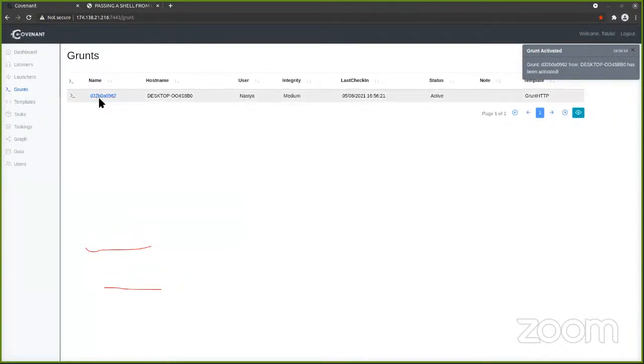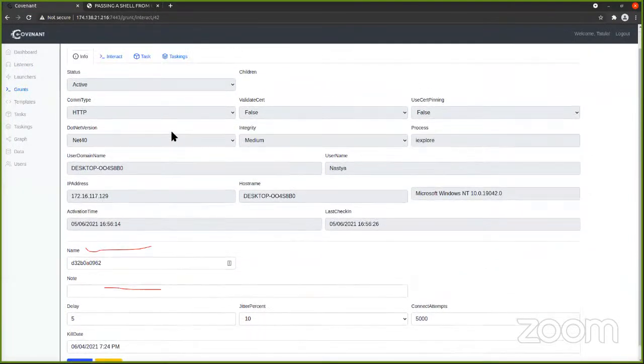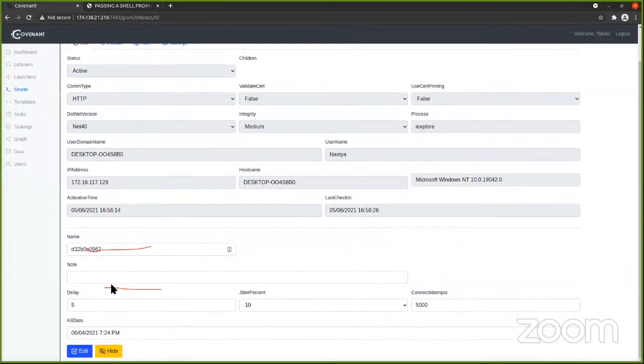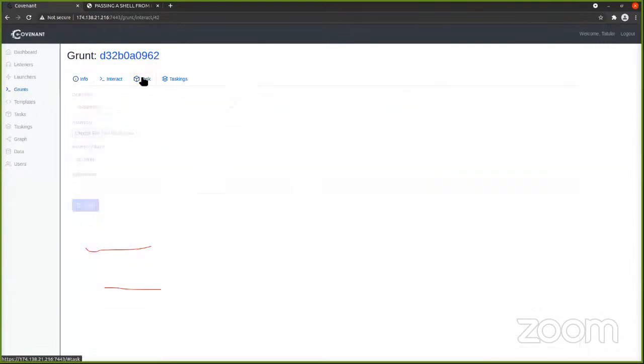Okay. So we need to interact with our grant. And then go to, we can see our grant is active. Username, these are just details about the grant. We go to the task tab,